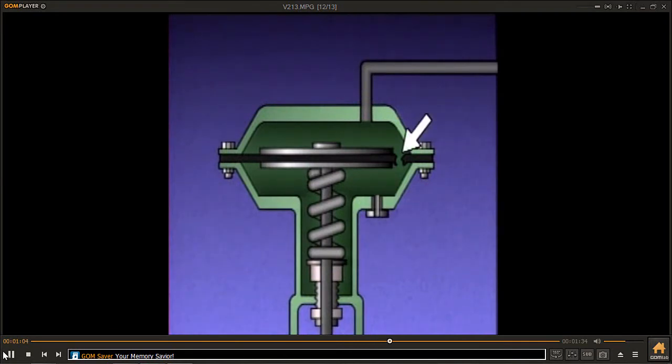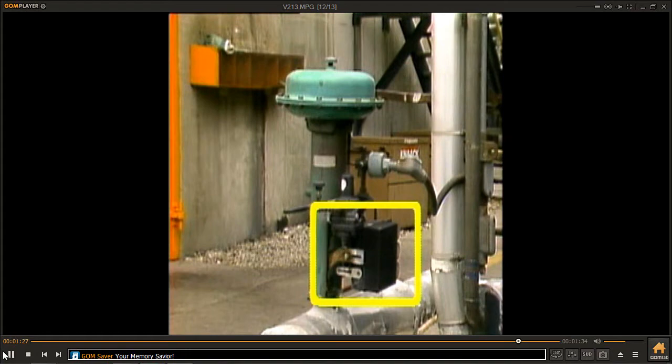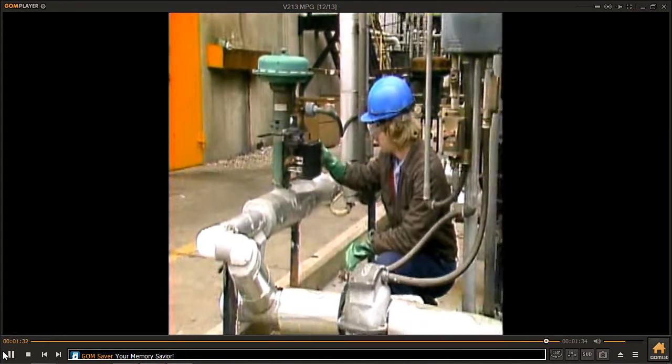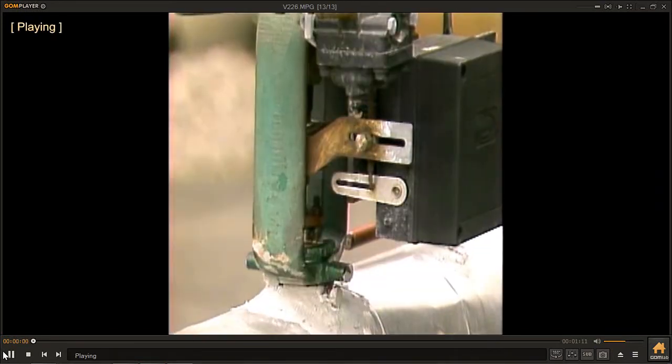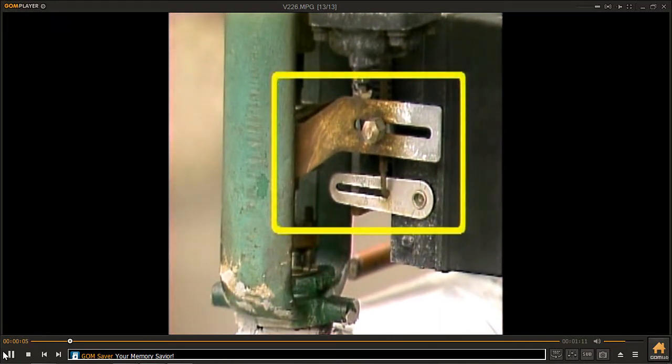For example, a diaphragm actuator will not be able to properly position its control valve if its diaphragm ruptures or if air pressure to the actuator is lost. Loss of air pressure could result from leaks in the actuator around the diaphragm edge, from leaks in the air lines to the actuator, or from a crimp that blocks the flow of air in an airline going to the actuator. If a positioner is used on an actuator, its gauges should be checked to make sure they have the appropriate air pressure readings. Sometimes problems with a positioner can also result from a loose or broken feedback linkage, so it should be checked